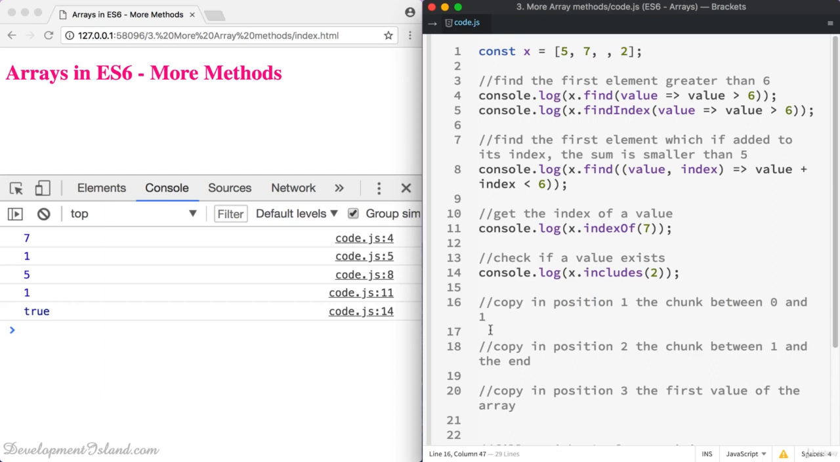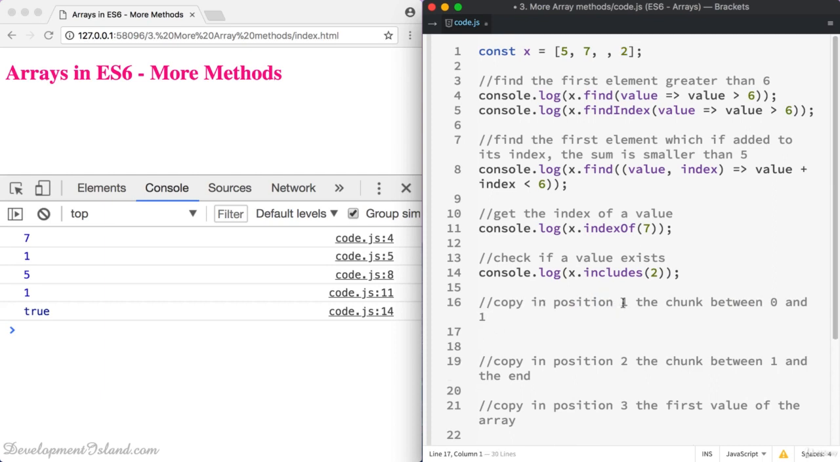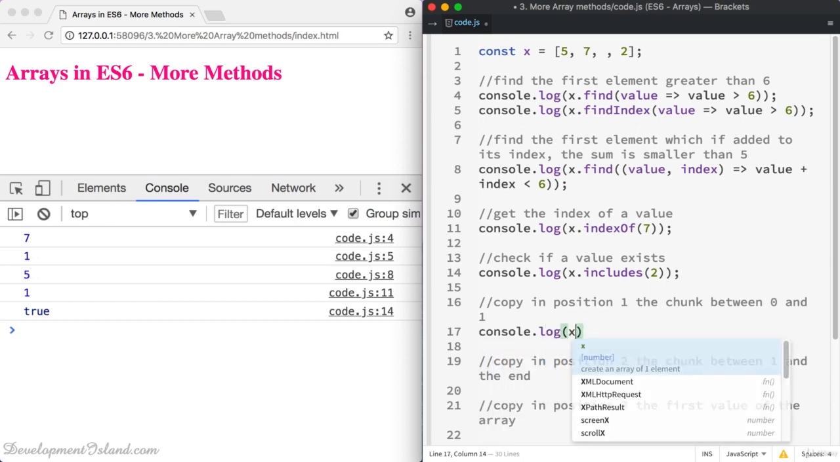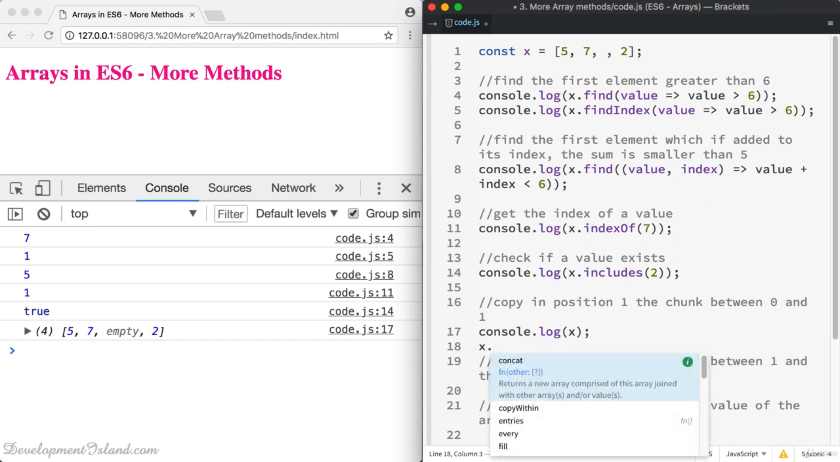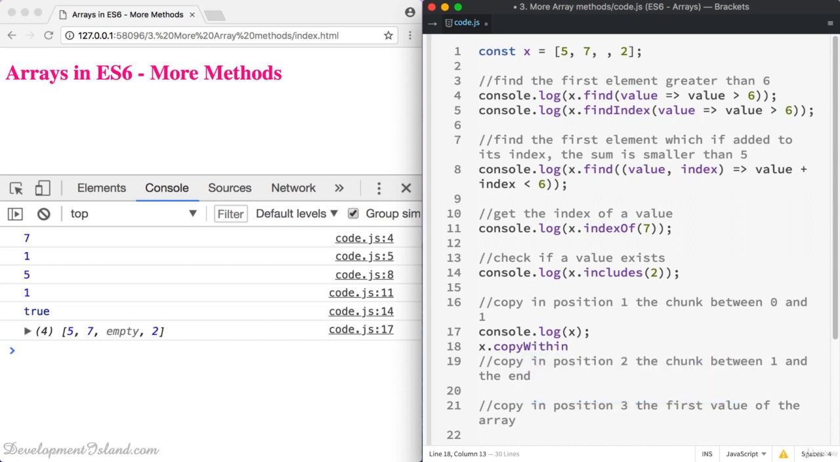All right, so now let's do something new. We're going to copy in position 1, which is 7, the chunk between 0 and 1. So we're going to copy that chunk in that position. To do this, we're going to use a method called copyWithin. First, let's log x to see the current value of x. And we're going to use x.copyWithin to copy in that position